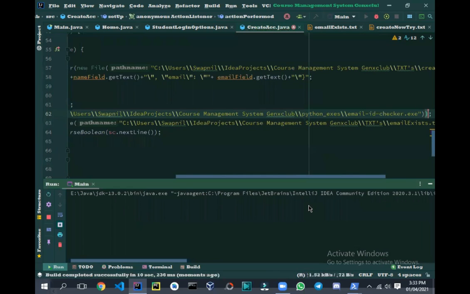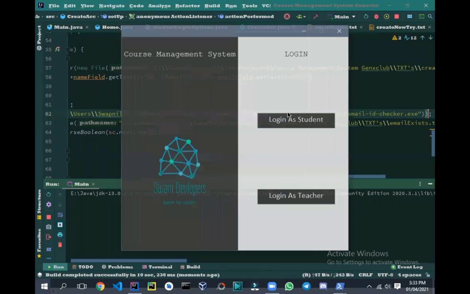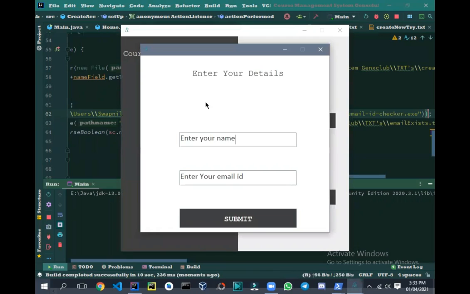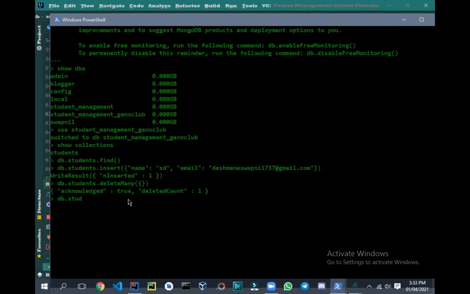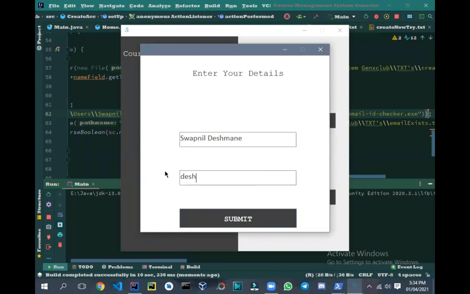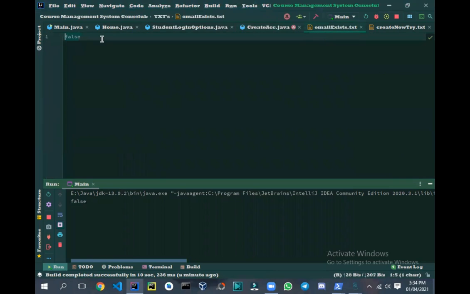Let us just wait for it. Yeah, so you can check it as it runs, and I will click login as student and then click create account. I will enter my name. Let us verify that there are items in our database. So find, yeah, there are items. And I will enter here Deshmane Swapnil 731@gmail.com. Yeah, so when I click submit, you can see it has printed false